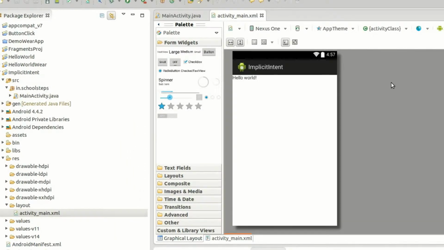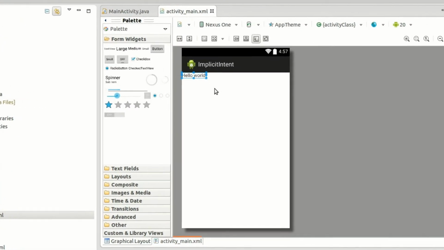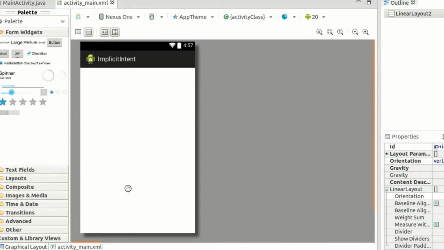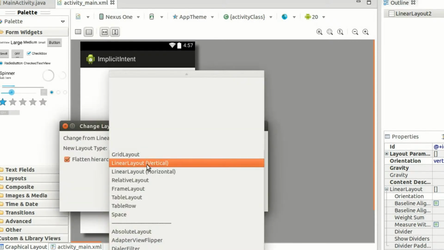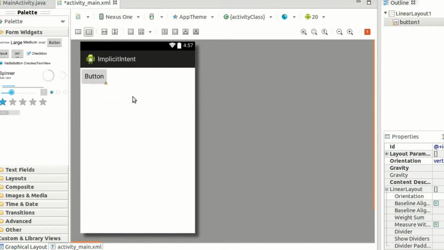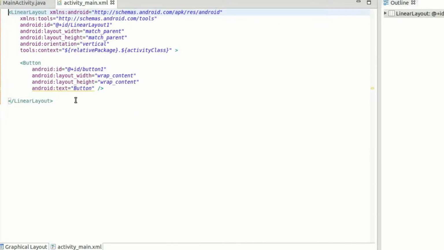The project will create two main files for you. One is the MainActivity.java and another one is the activity_main.xml, which is our UI file. Let's delete the Hello World. Right click on the UI, go to change layout and change the layout to LinearLayout vertical. Click OK. From the left hand side, drag one button on the UI and go to the source of the UI.